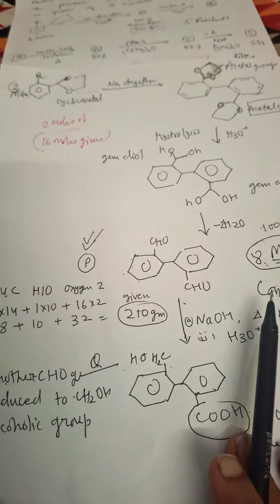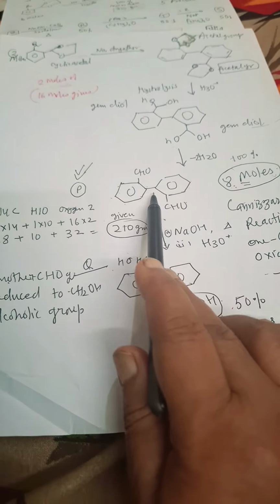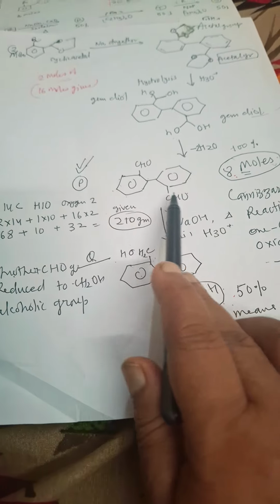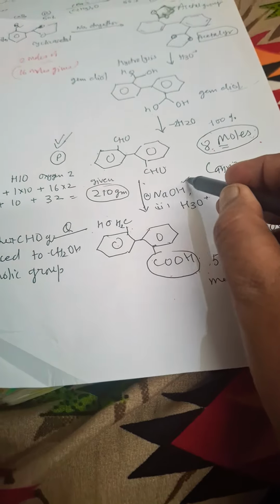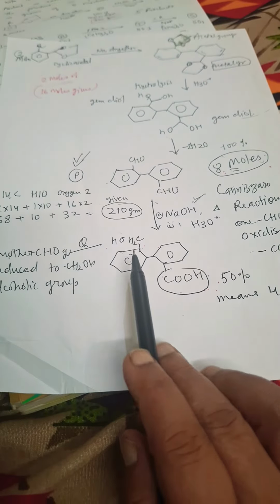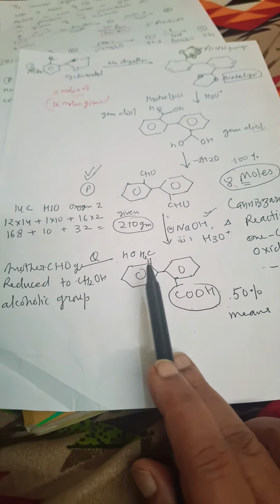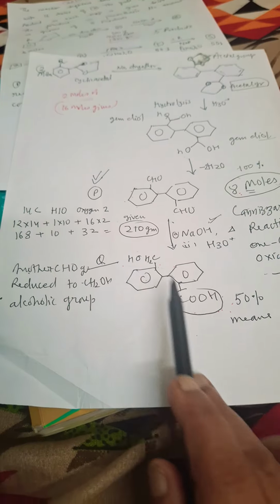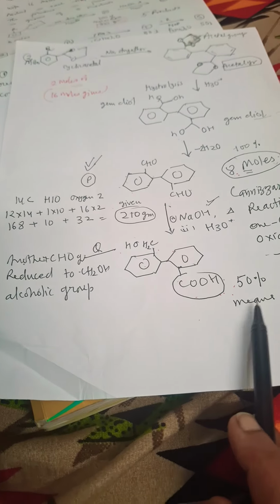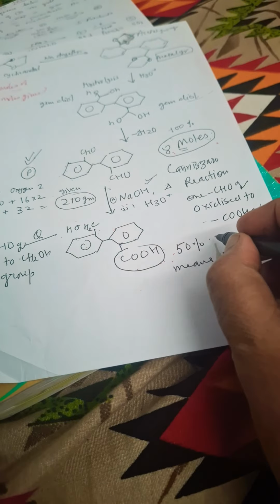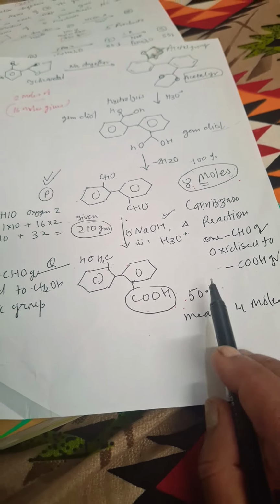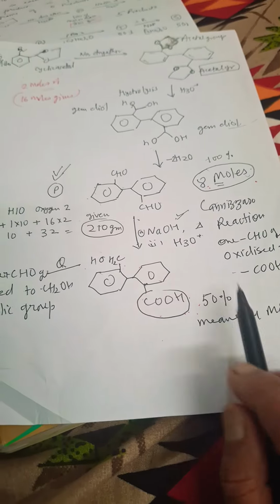Okay, so half the reaction we have done in the previous video. You must watch that video. Till here, Q we have prepared by NaOH. There are 2 CHO groups, so there is no alpha hydrogen, so the Cannizzaro reaction will take place in the presence of NaOH. One CHO group is reduced here and oxidized here, so we will get this compound, 50% of P. Okay, this is Q, this is 50% of P. They have not written it for Q, but you remember that it is 50% of Q.